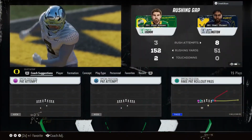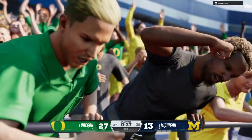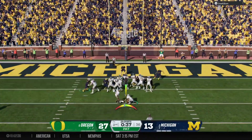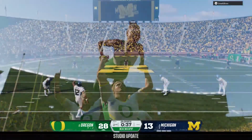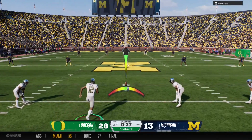I mean, body blow after body blow. It just cannot get any worse for this defense. The offense, once again, driving the ball down the field, puts the ball into the end zone for another touchdown. And the PAT makes it a 15-point lead. So the offense getting some momentum before halftime with a touchdown. Now they kick off in hopes the defense